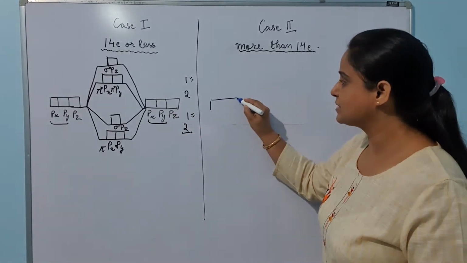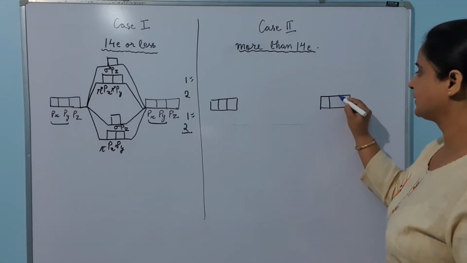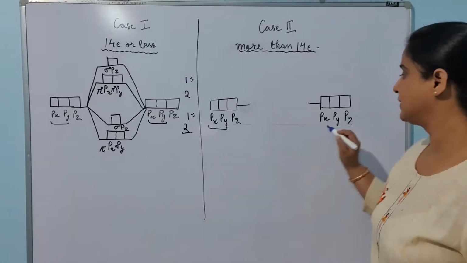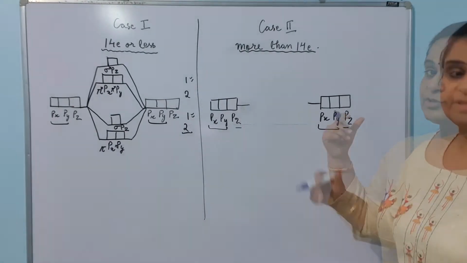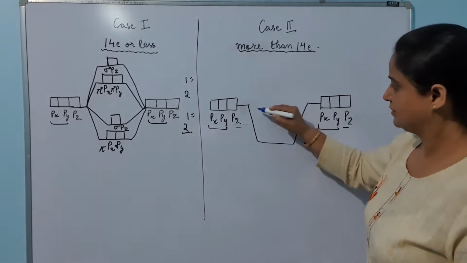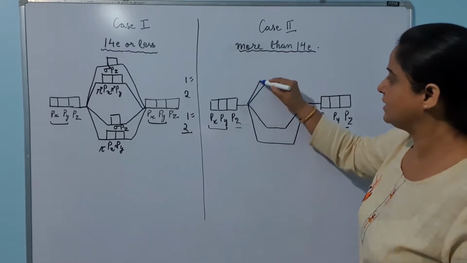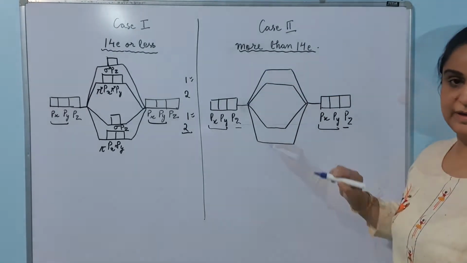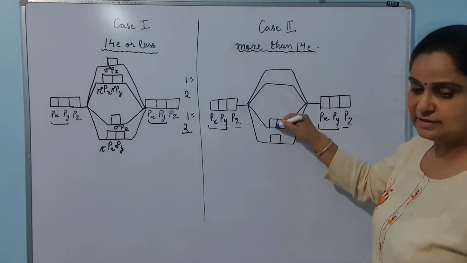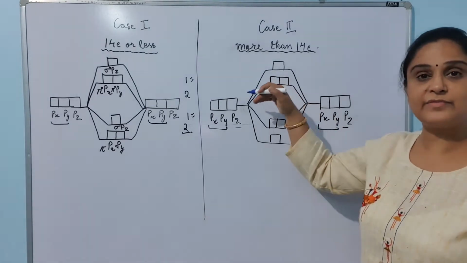Again I am making px, py and pz. Again this is px, py and pz. So let's start splitting it. One thing is sure that px and py will remain together and pz will be separated out. Let's see the formation of molecular orbitals here. Here it is. One level, second level, anti-bonding. Here it is also anti-bonding. And this is one orbital. These are two orbitals. These are again two orbitals and this is one orbital. So this way the molecular orbital diagram will have different energy.